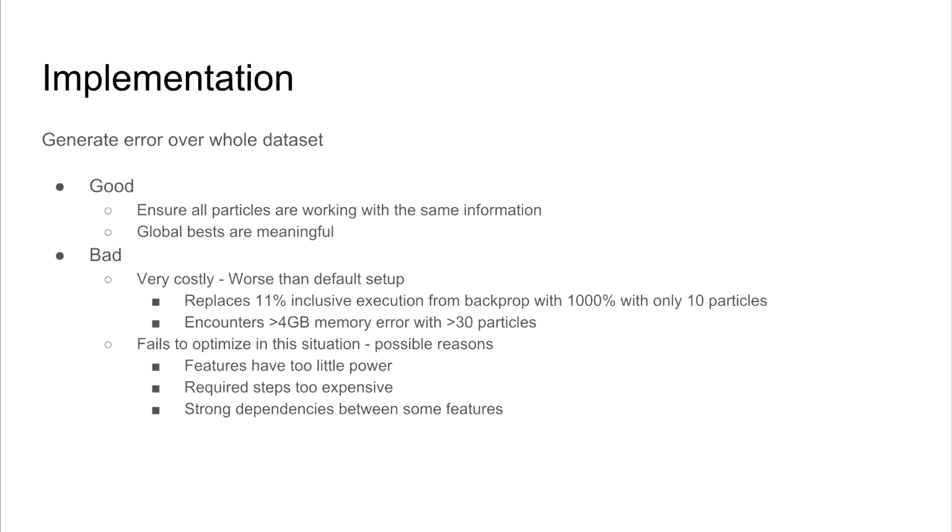As you can see in the previous slide, the forward propagation was the vast majority of the computation, but I'm replacing the back prop, which was only about 11%. So instead I end up replacing 11% with almost 1,000%. Each particle has to then do another forward prop. So if forward prop is cheaper, we might have better convergence. Also, I kept running a memory error. That 2 million feature set for X amount of particles uses up the 4 gig memory space allotted for a 32-bit Python very quickly. And in this situation, it fails to optimize.